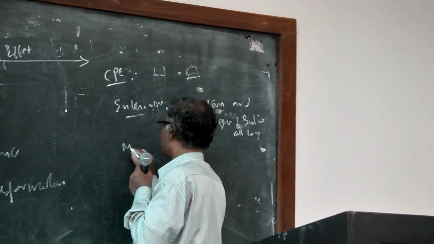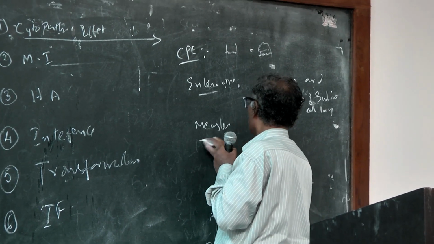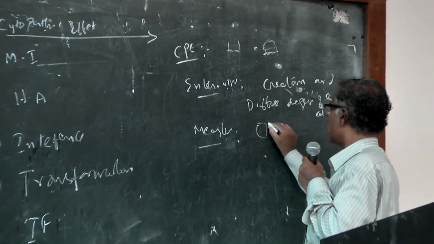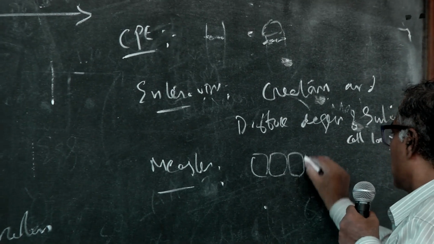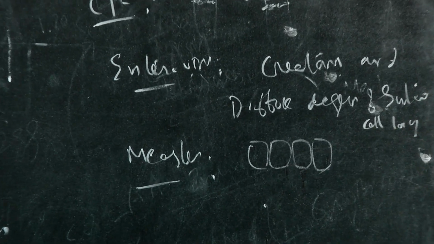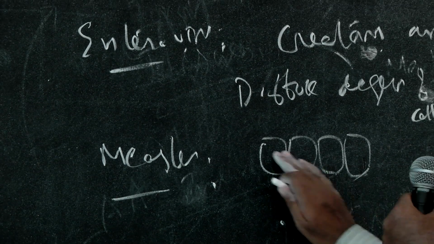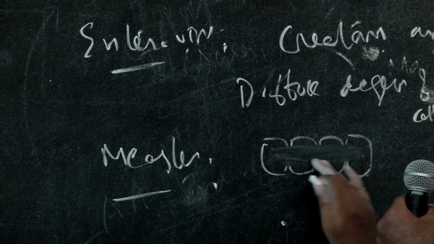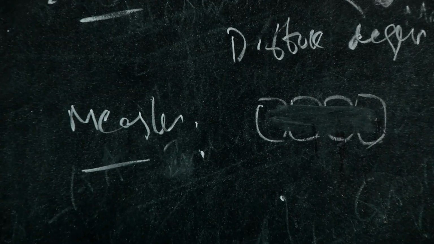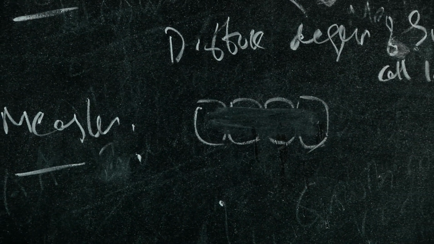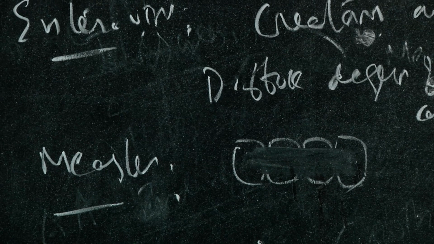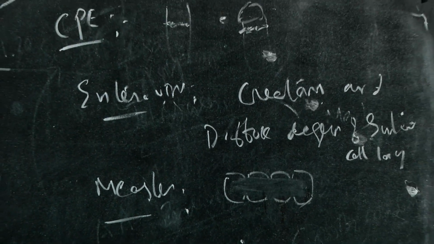Then measles. You know that each and every cell has its individual wall. But if the measles virus is in the cell, it produces syncytial formation. That is, the walls will be lost. So if syncytial cells are present, then these are syncytial changes. Then the inoculum consists of measles viruses.